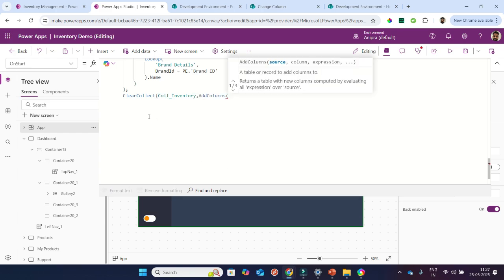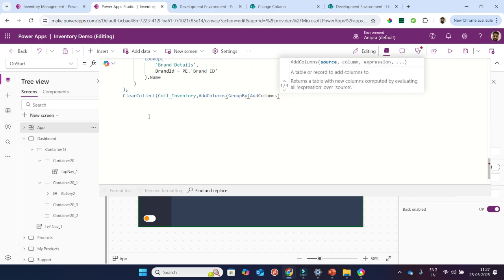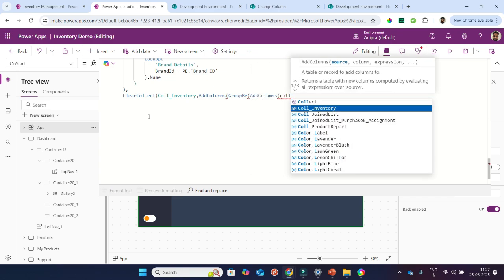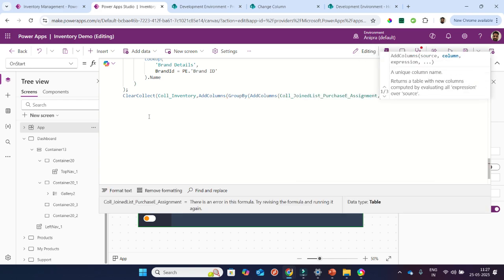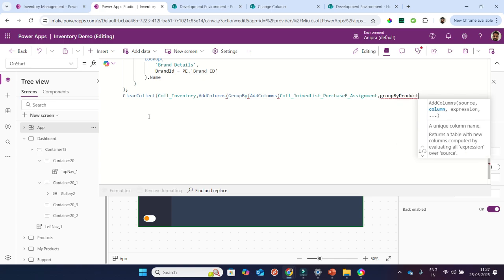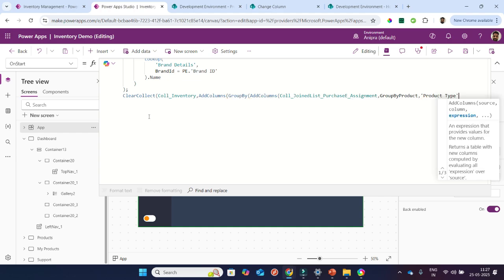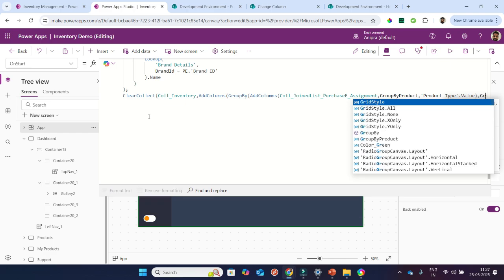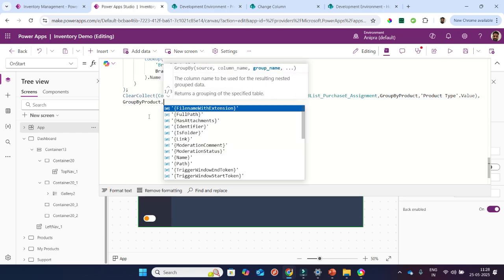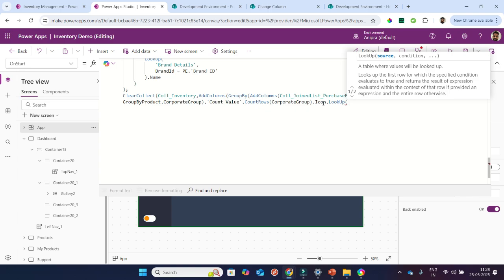Now here I will add a column, and this I will make a group by, and then again add a column, and this will be the last collection that we have created, and group by product, and then product type dot value, and I will close it, then group by product, and here I will provide a name, lookup product type,